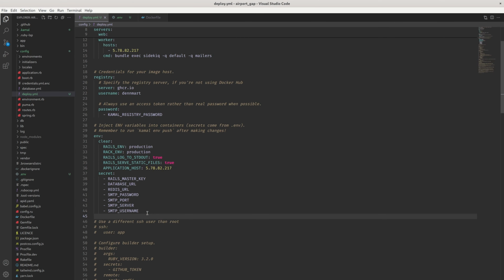I've set up a few environment variables that the Airport Gap application requires to work properly, and set up any sensitive values in my .env file. The ones in clear are basic configuration settings that don't need to be secured, like the Rails environment or the application host. The environment variables under secret should not be exposed here, like the Rails master key or the SMTP